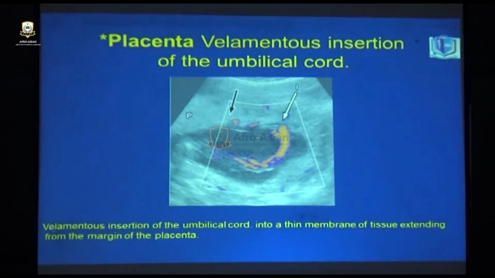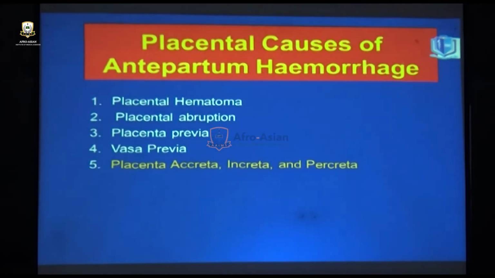Another variety is velamentous insertion of the umbilical cord. That means the cord is not inserted into the proper site of the placenta. It's either at the edge or close to the edge of the placenta. So such babies are not going to get proper nourishment, and they might end up with IUGR and, of course, antepartum and postpartum hemorrhage also. So placental causes of antepartum hemorrhage are placental hematoma, abruption, previa, vasa previa, and our main topic, placenta accreta, increta,